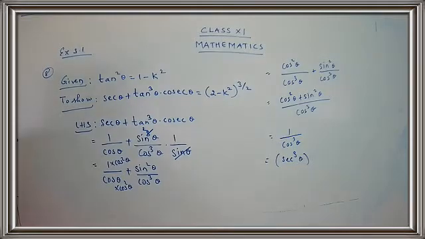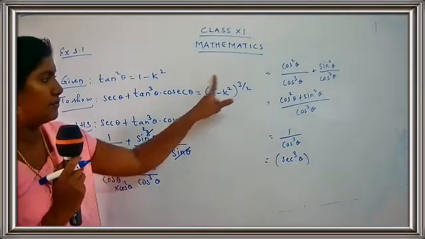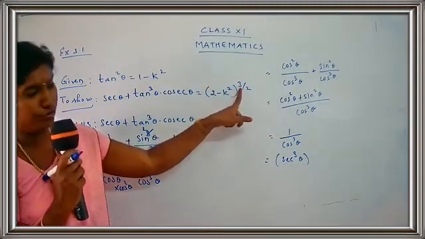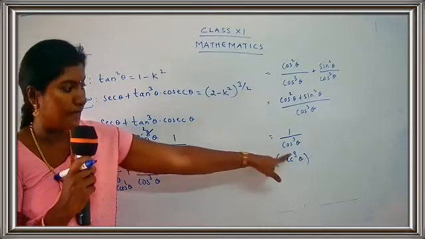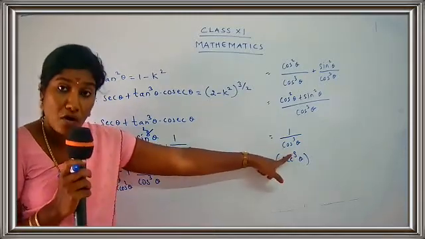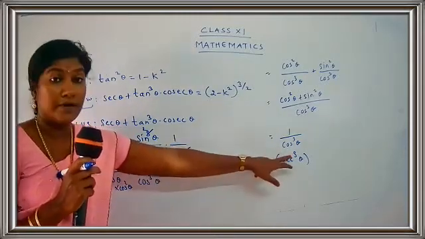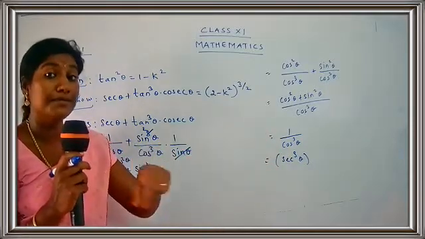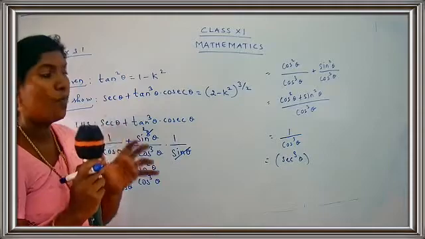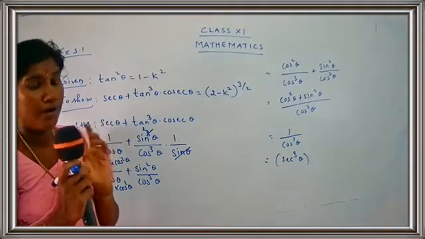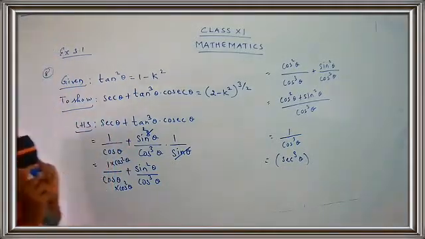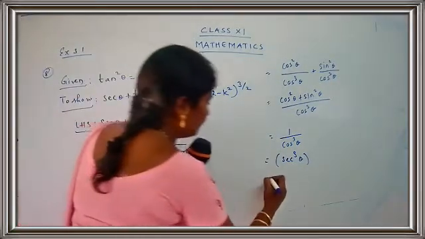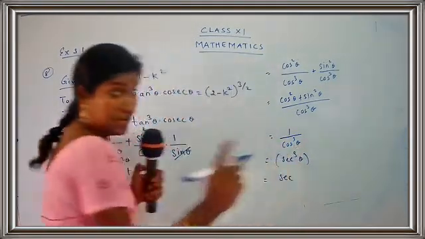So now just see here, children. This comes to the RHS part. I need a power 3 by 2. So I have to get here power 3 by 2. So what is the power? Already we are having the power 3. But I don't want the power as 3. I want the power in terms of 3 by 2. So what are we going to do? How are we going to change this? Let's see over here. So this will be written as, just see here, children, how I am changing the power.